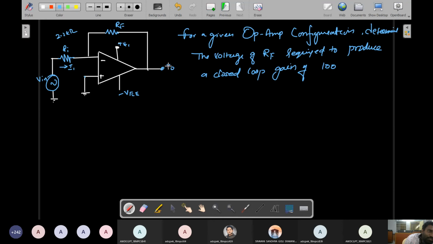Okay, actually this problem can be done by knowing the gain formula of the inverting amplifier. So I'll tell you the derivation of the gain of the inverting amplifier. After doing that derivation, only then can you solve this problem. That's why I previously gave this problem. So please try it at home after listening to the derivation of inverting amplifier gain. Okay, so everybody knows, I'll move to the next derivation. So this is my question. Please note, everybody.